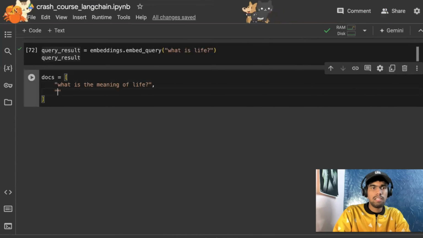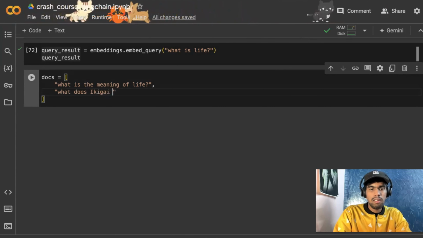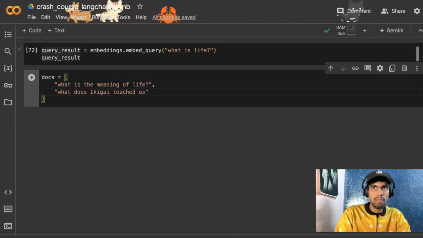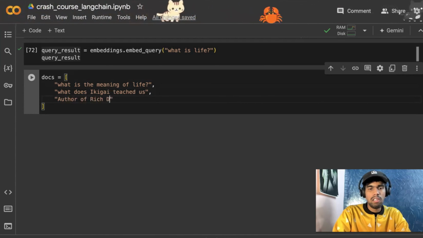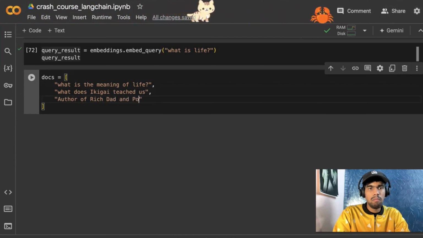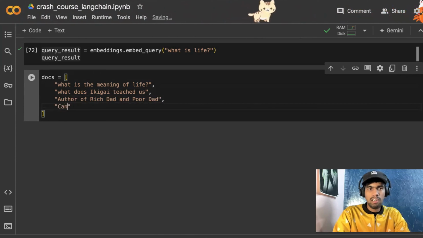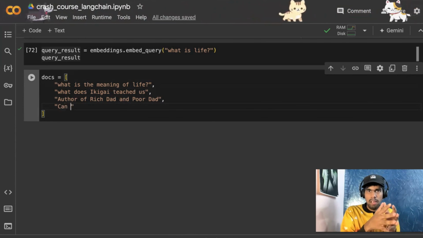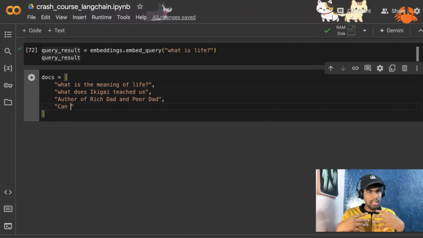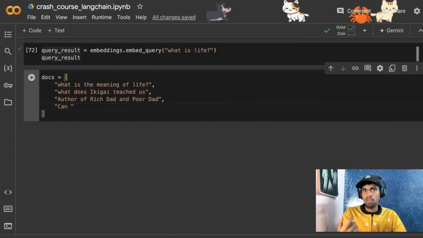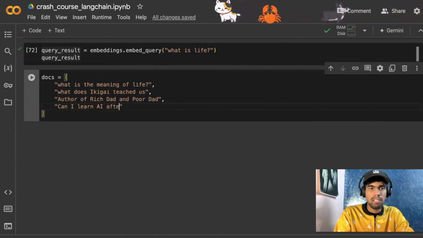And then I'll just write, what does Ikigai teach us? So this is my second prompt. And then I'll ask, who is the author of Rich Dad Poor Dad? I'll tell you the reason why we are writing these 4 queries: I'll convert this text into embeddings, and then I will store it in a vector database. That's the reason why we need some additional queries, so that it will be useful to store it. Can I learn AI after Python? So these are the 4